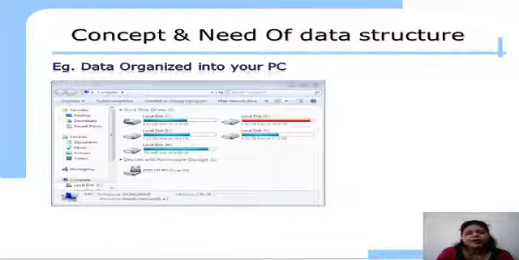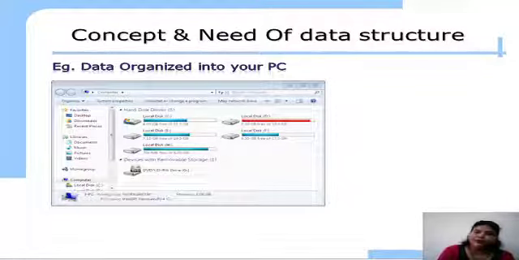Besides storing the data, you always perform different types of operation. To understand this, take an example. If you got a new movie, what do you do? You take the movie into a pen drive. You attach the pen drive to your PC. You open the movie drive, and then you copy-paste that movie into the movie folder.